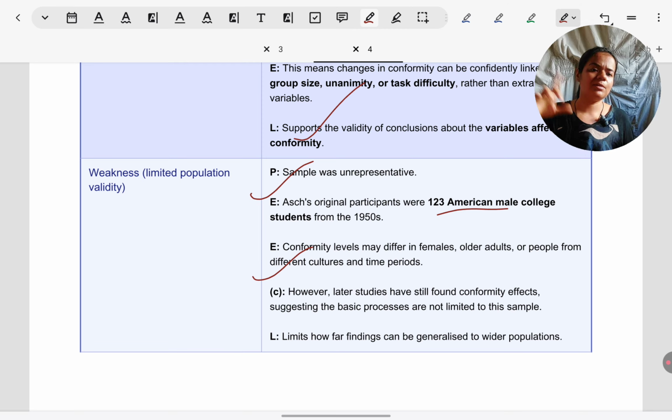And finally, if we talk about temporal, time related applicability of these findings, these studies were done in the 50s. Today, people might be less conforming because more individuality is rising, and because of globalization across countries, people are becoming more vocal, more assertive. So maybe today we might not see similar rates of conformity, though there are studies which are showing similar rates even today. So, given that the sample is very selective in Asch's original study, we don't see much generalizability. The findings might be limited.